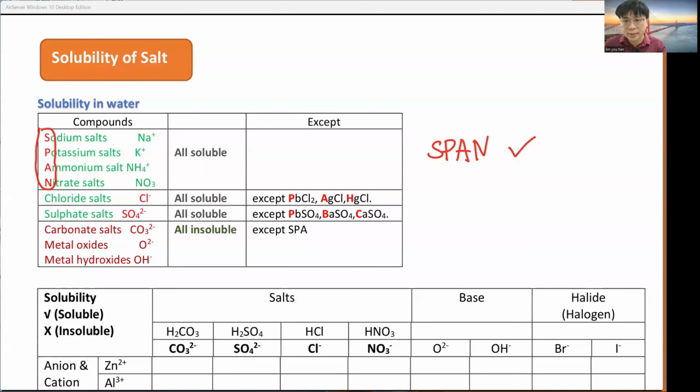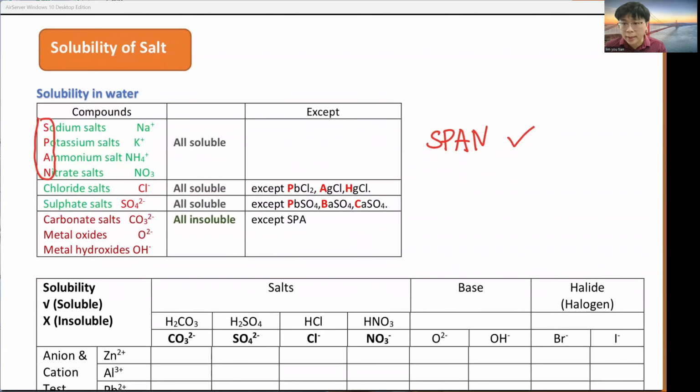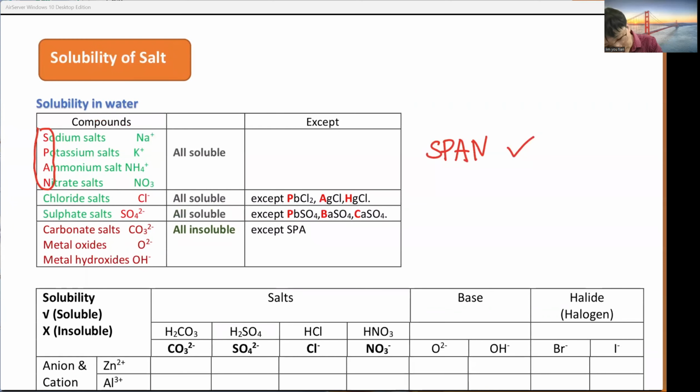Anything with sodium, potassium, ammonium, nitrate will be all soluble. Because if they come out with a question, they'll twist around this part, whether soluble or insoluble. If soluble, you get a solution. If insoluble, you get a precipitate